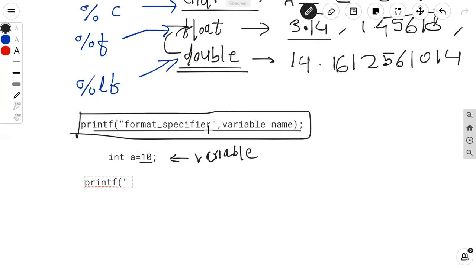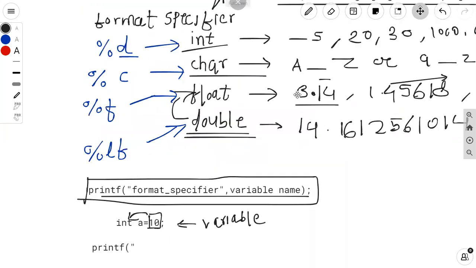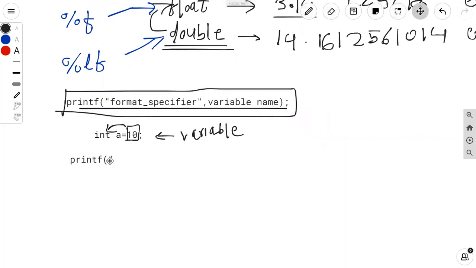So what are the format specifiers? %d, %c, %f and %lf, right? But here I want to display the 10 value on the screen, and this 10 value is of which type? This is of integer type. So which format specifier is used to display the integer value? %d, right?